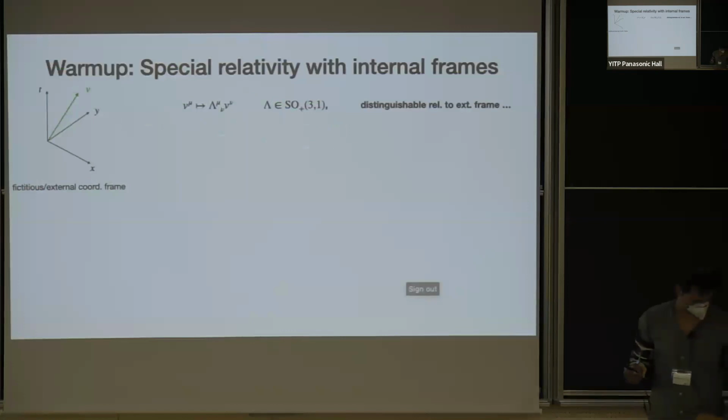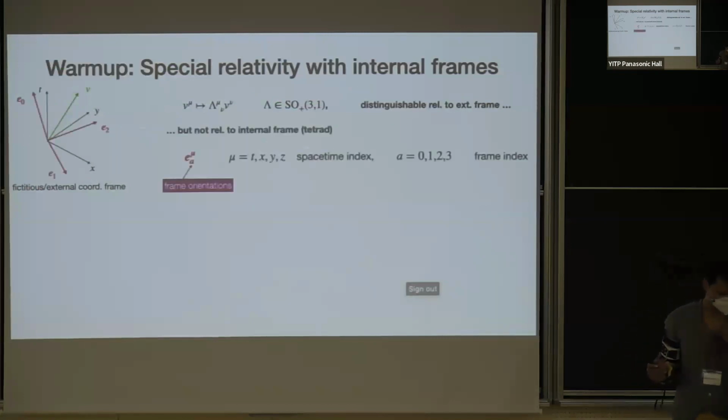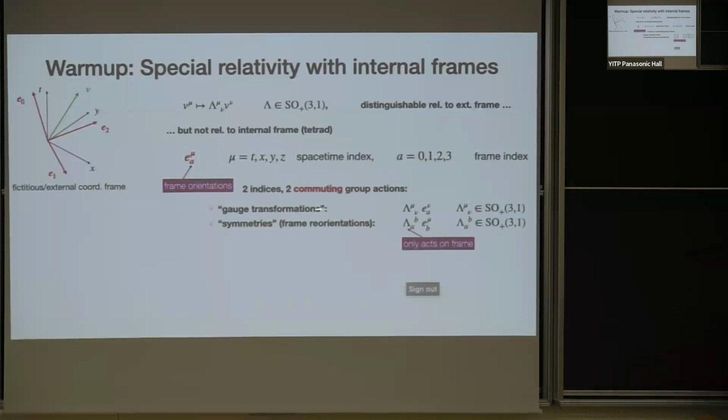And here we're going to take it in such a way that, since these are fictitious or external coordinates, these transformations are actually distinguishable relative to such a fictitious frame, but not relative to one that's internal. And what do we mean by an internal frame here? We can insert something like a tetrad into the game, and then we try to describe everything relative to the tetrad. The tetrad comes with two indices, space-time indices and frame indices. And because of these two different indices, it comes with, in fact, two commuting group actions. One we can call, suggestively, gauge transformations. Those are the space-time